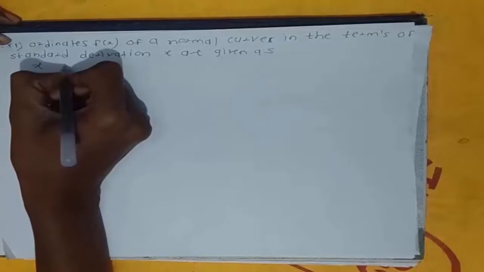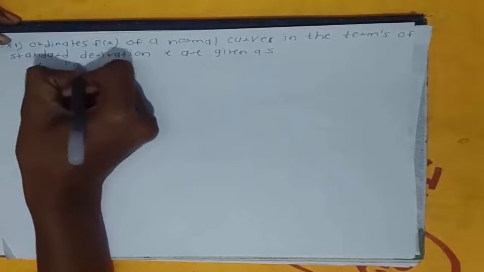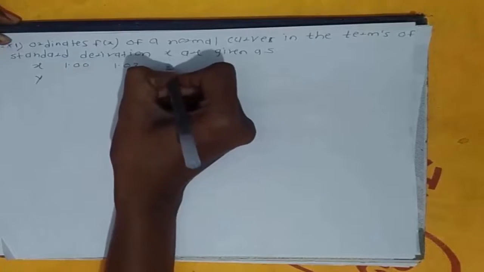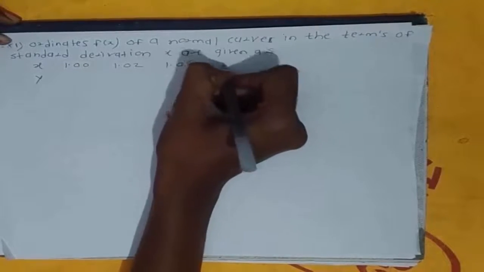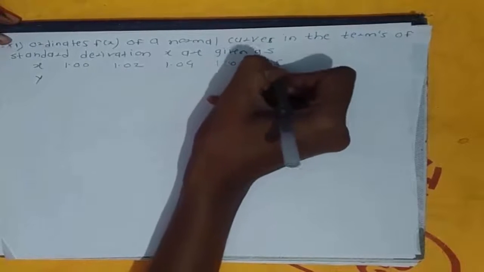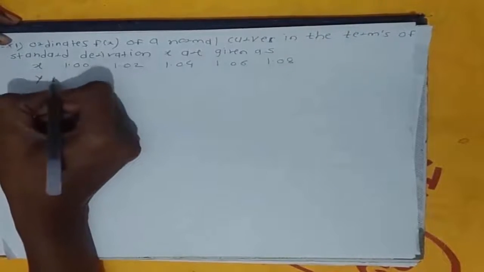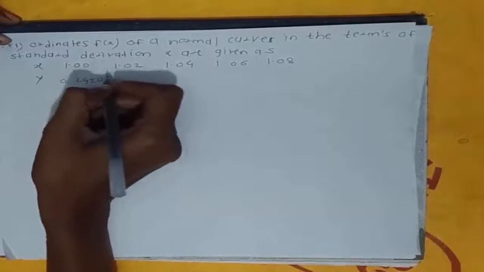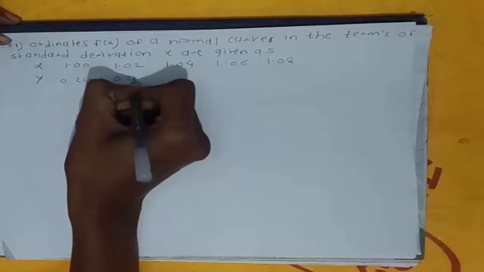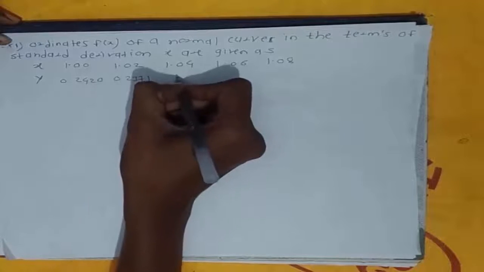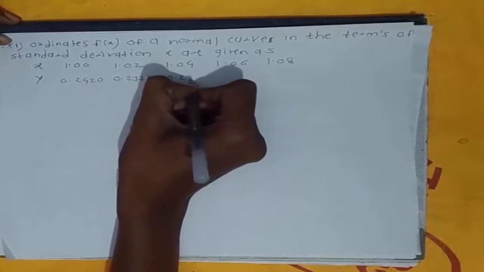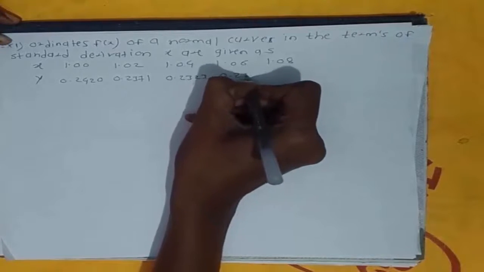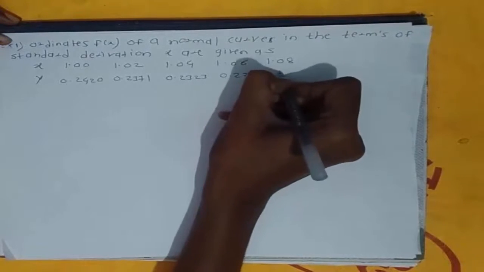That is, values of x are 1.00, then 1.02, 1.04, 1.06 and 1.08, and values of y are 0.2420, 0.2371, 0.2323, okay, then 0.2275 and last is